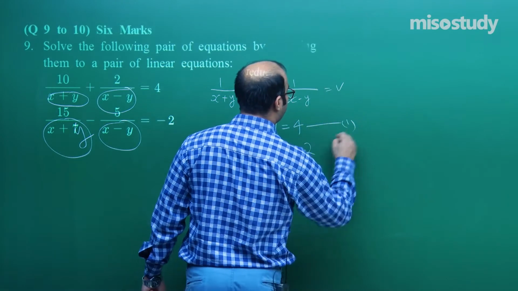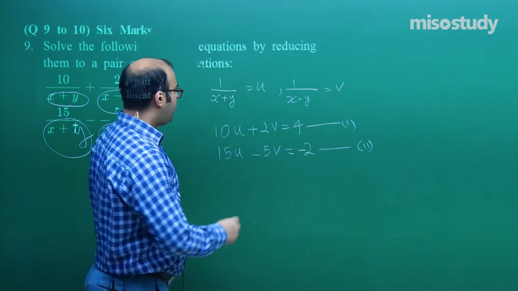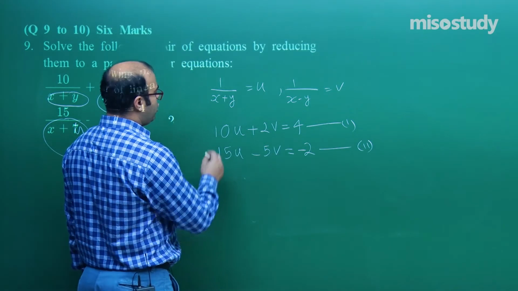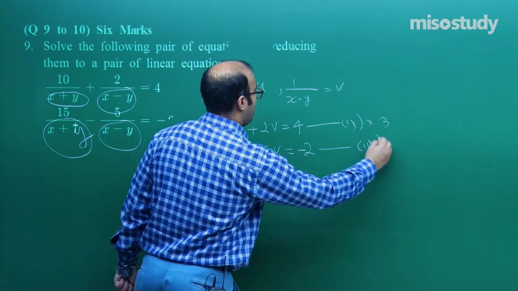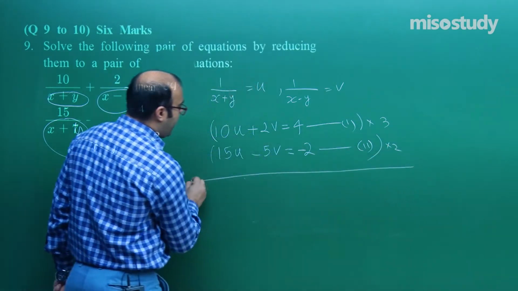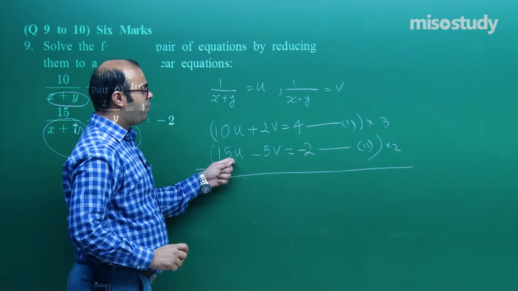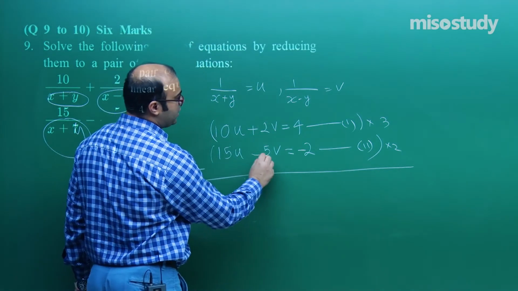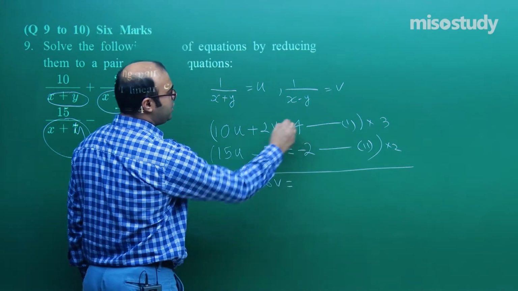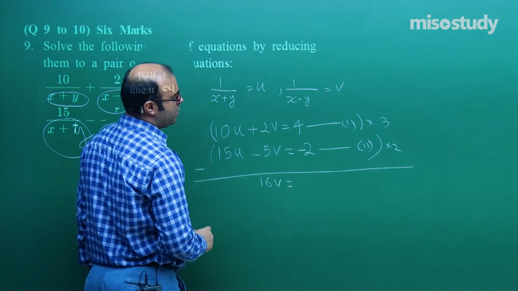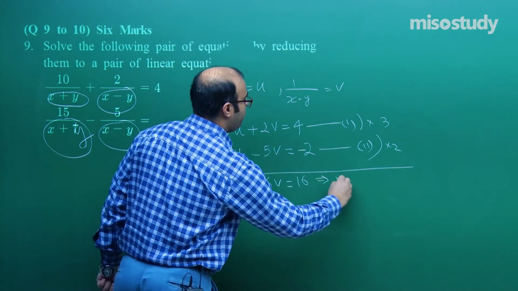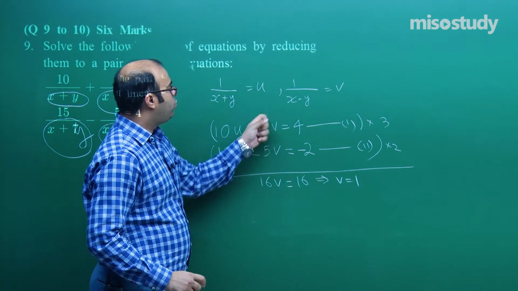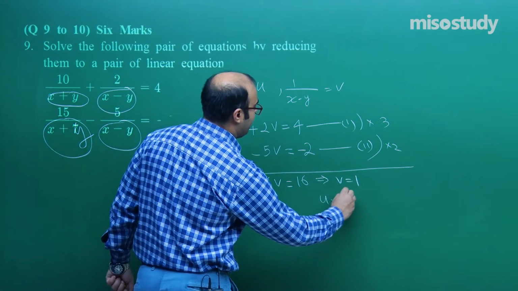So now we have the reduced equations which are of linear form. So let us solve this. How can we solve this? We can solve this by any of the methods which we have studied. So let us multiply this equation with 3 and multiply this equation with 2 and subtract them. In that case 30u minus 30u will cancel. We will get here 6v, and here we will get plus 10v, so 16v. This is equal to 12, and here it will become plus 4. 12 plus 4, 16. So v will be equal to 1. When we put v is equal to 1 here, 10u will be equal to 2. So u will become 2 by 10, that is 1 by 5.